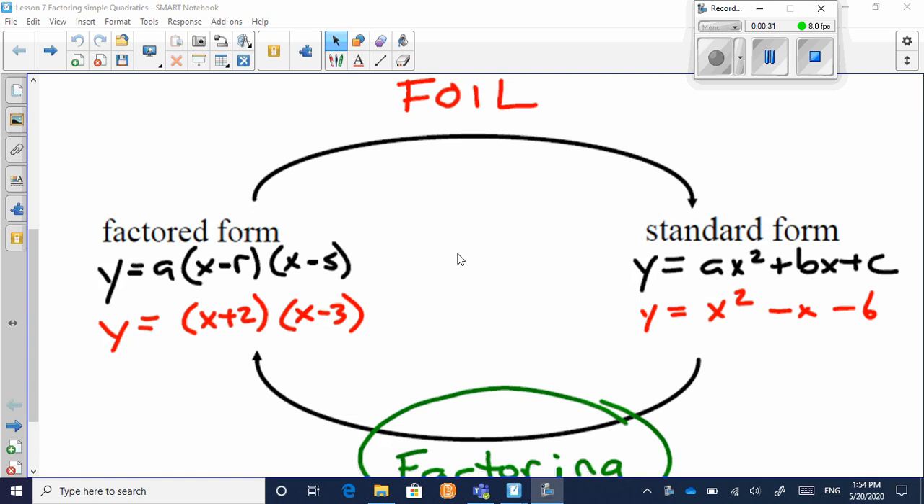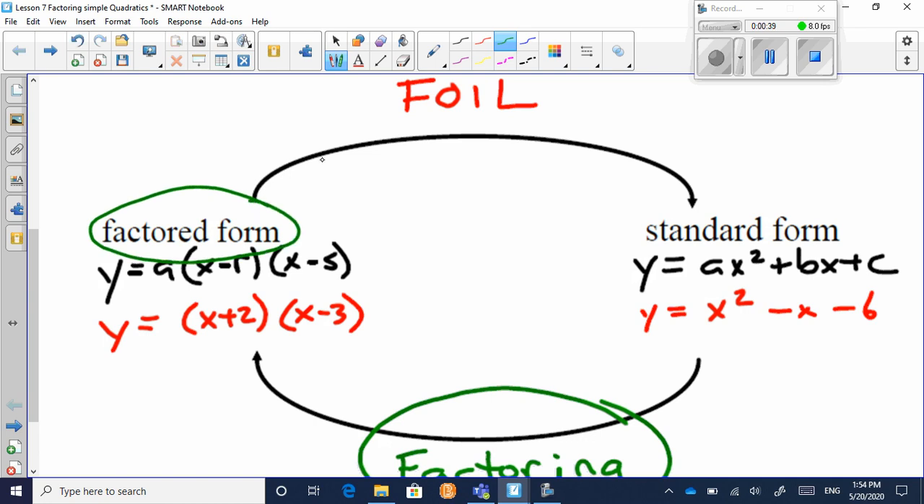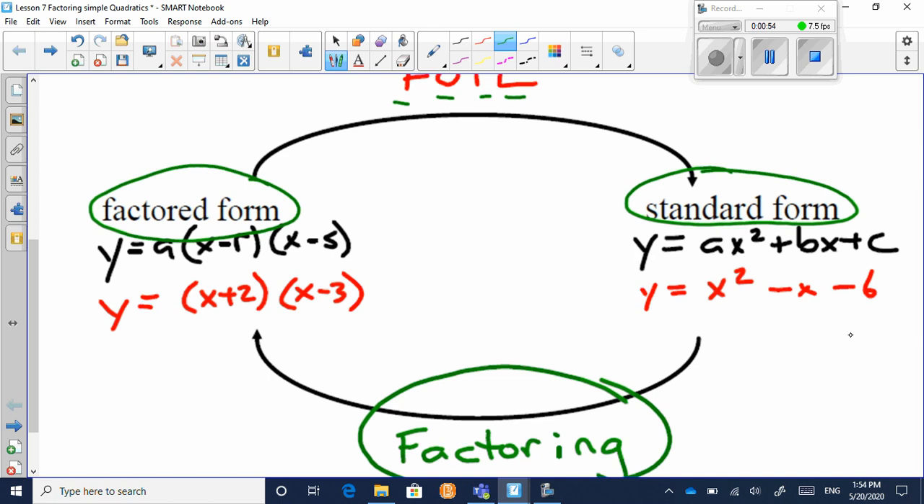We've learned that you can go from factored form to standard form using FOIL, and that's where you go first, outer, inner, last. You convert it, and that would give it to you in standard form. Starting last lesson, what we're learning how to do is go the other direction, and we call that factoring: going from standard form to factored form. And it's a little bit more involved,